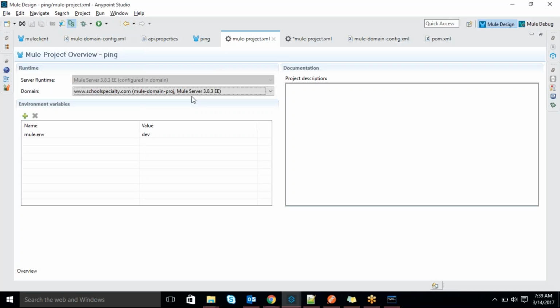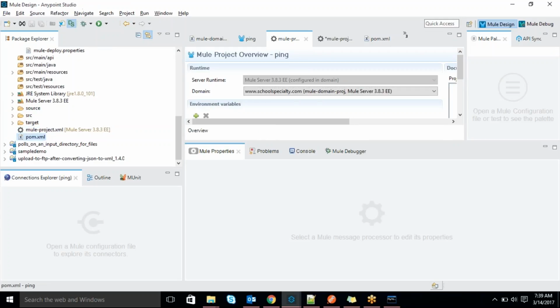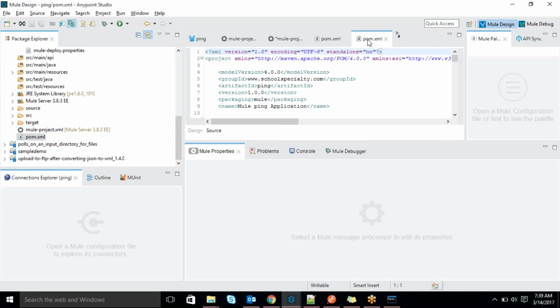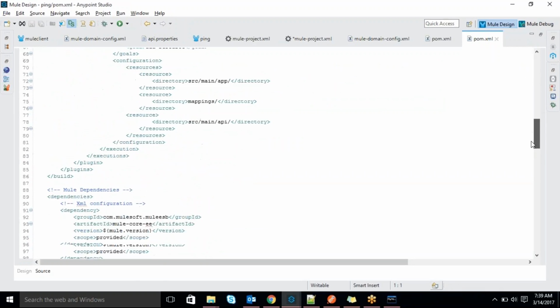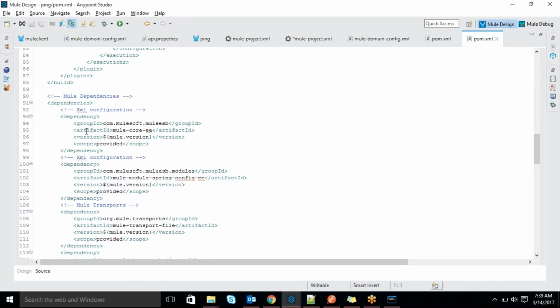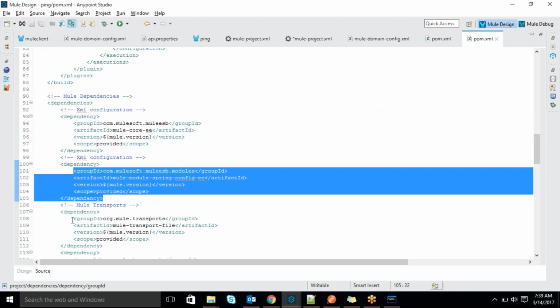Can you tell me what is the difference between pom.xml and mule project.xml? Totally different. pom.xml is nothing but where we mention whatever dependencies are in our project, like jar files. We have to mention all the dependencies here. Suppose, see here, this is the jar file required for executing your project. These are all the jar files.